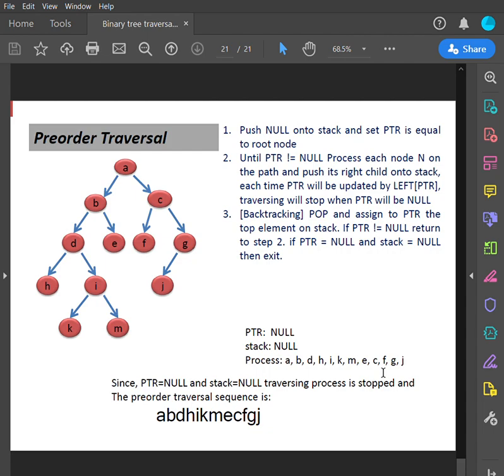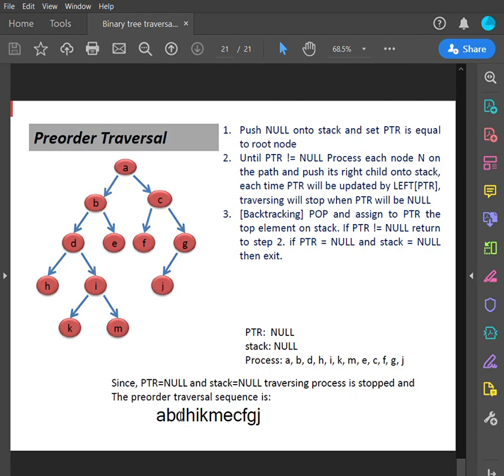Since the value of ptr is equal to null, we have to go to process 3. Here we see that the stack is also null. Since ptr is null and at the same time the stack is empty, the traversing process is stopped, and we are getting the final sequence of preorder traversal, which is